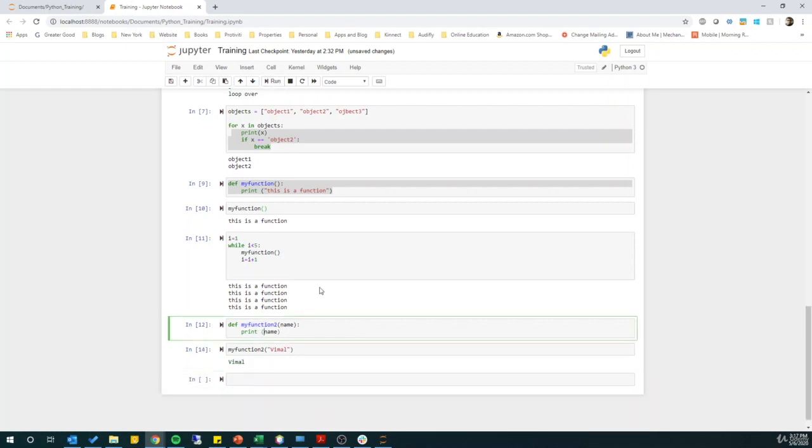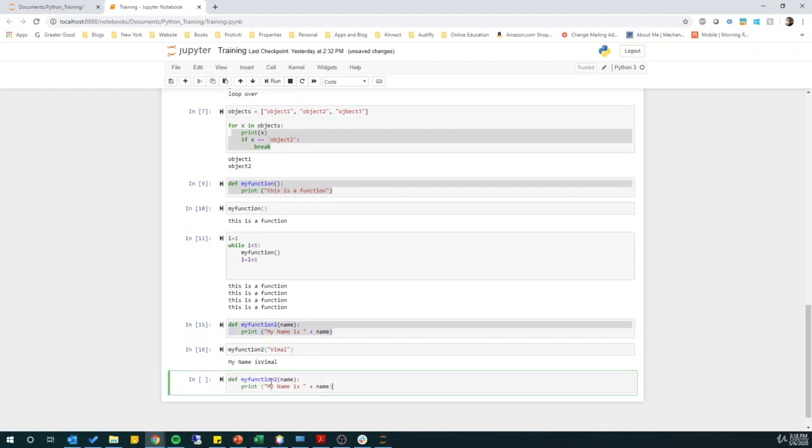So let's make this a little bit more dynamic. My name is, and append some strings here, update that function, and now we can run that function. My name is Vimal. We could also do arithmetic, so my_function3, and we could say value1 and